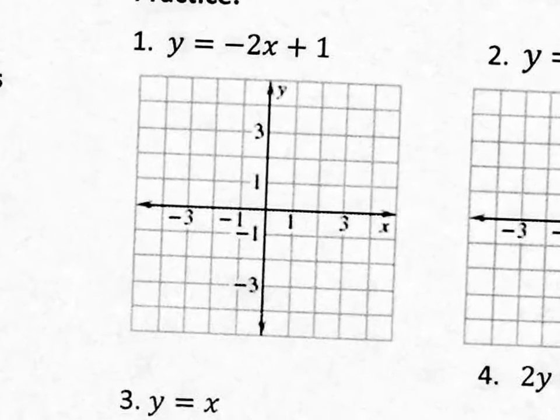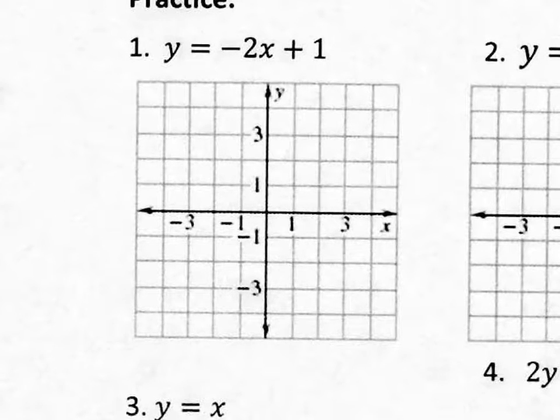Step 1 is to make sure it's in function form. Is it in function form? Yes, y is by itself. So step 1's done for you. Step 2 is to make an XY table. And most of the time, use which numbers as inputs? 0, 1, 2. So, if I plug in 0,